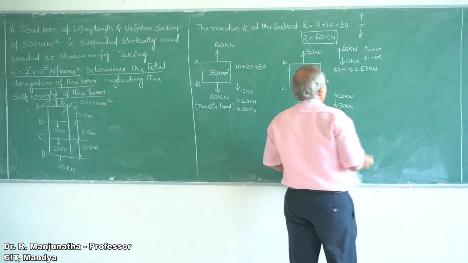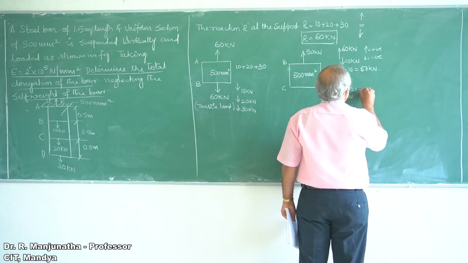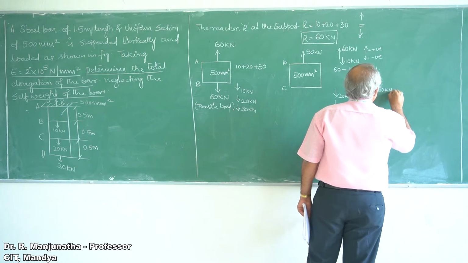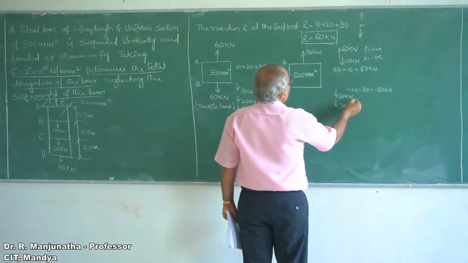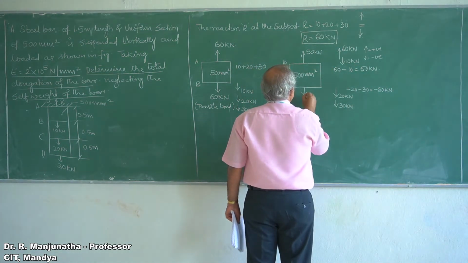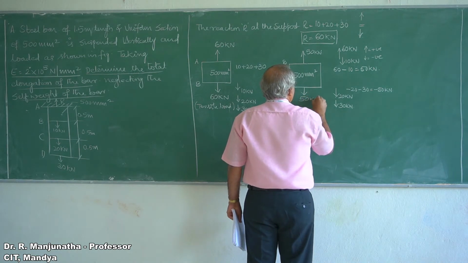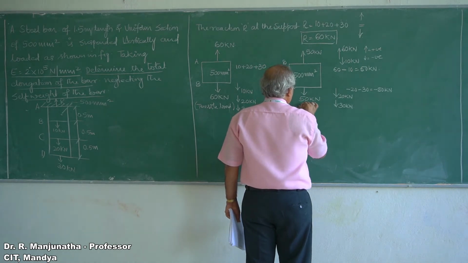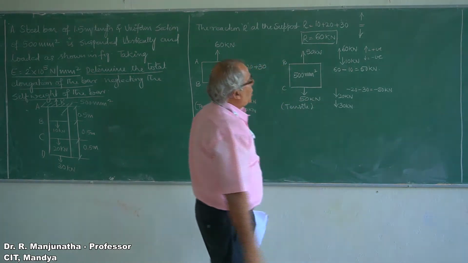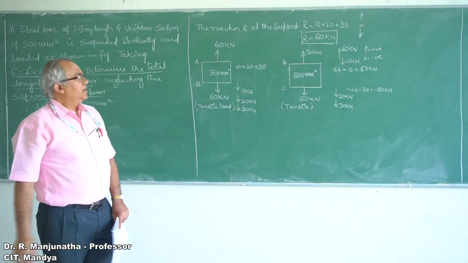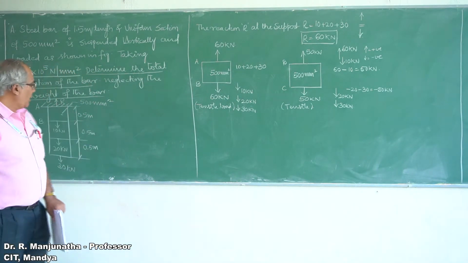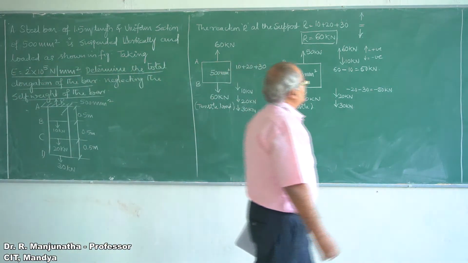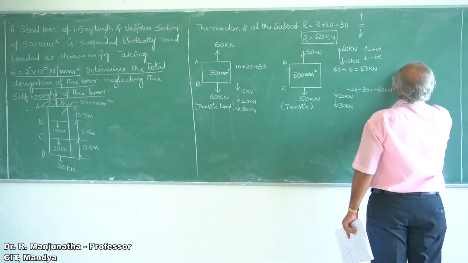So here it is minus 20 minus 30, which is equal to minus 50 kilonewton. Since acting downwards is negative, we are considering this as 50 kilonewton. Again we can see the load is acting on the extend side, so naturally the member will be in elongation. The next segment we have is CD. So now we are going to consider the CD member.